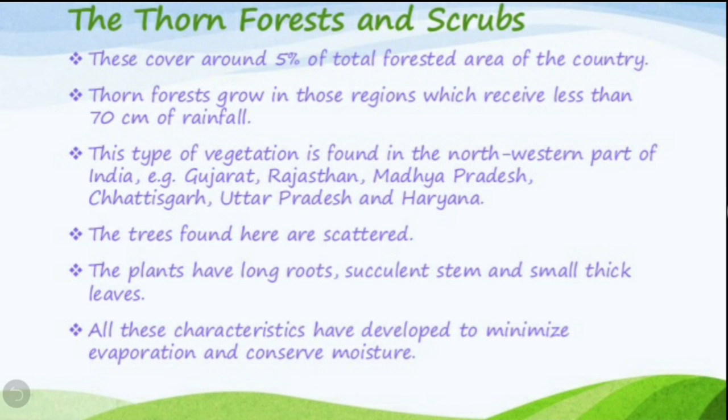Now, the third type of forest is the thorn forests and scrubs. These forests cover around 5% of total forested area of the country, which means these are found in very less percentage. They grow in those regions where rainfall is less than 70 centimeter. And this type of vegetation is found in the northwestern part of India, for example, Gujarat, Rajasthan, Madhya Pradesh,